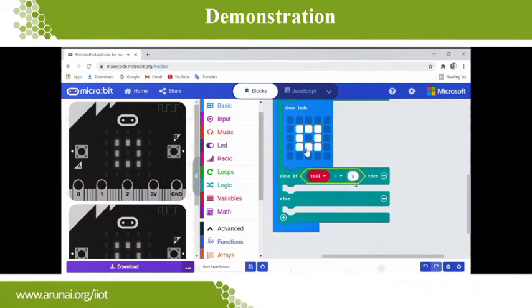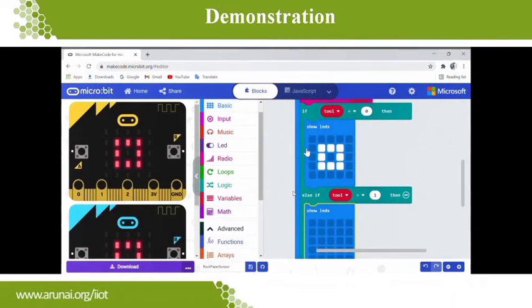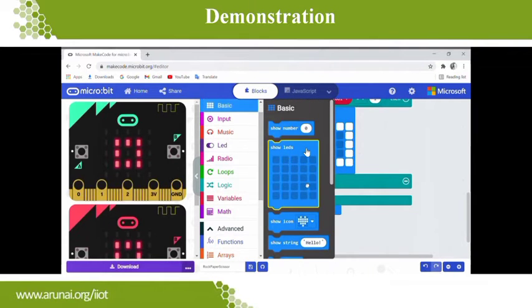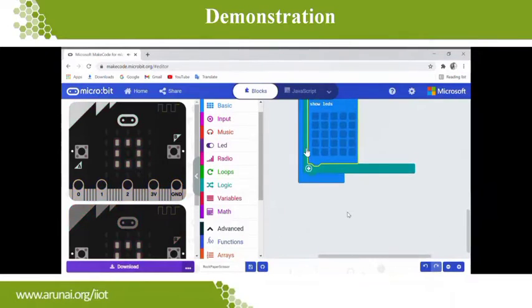Now go to basics, again drag the show LEDs. Here we have to draw the picture of a paper. Again place the show LEDs from basics into else part. Here we have to draw the picture of a scissor.